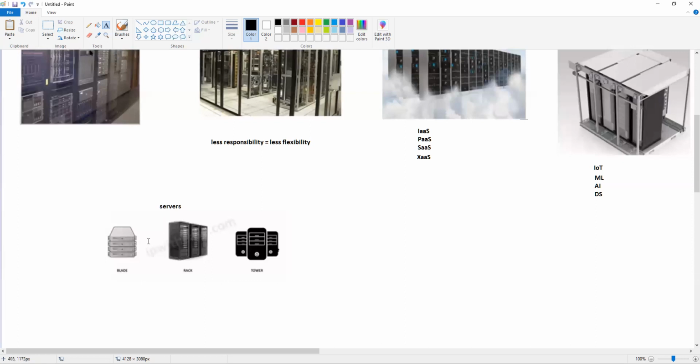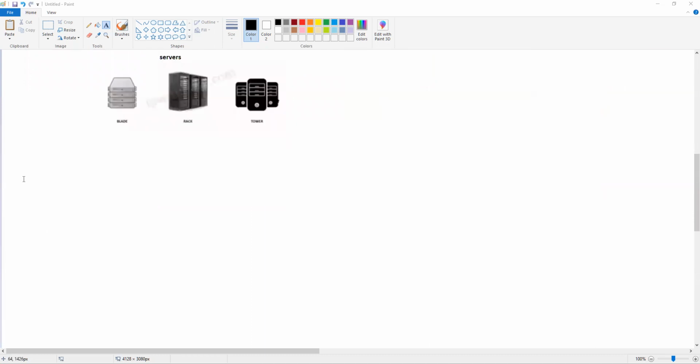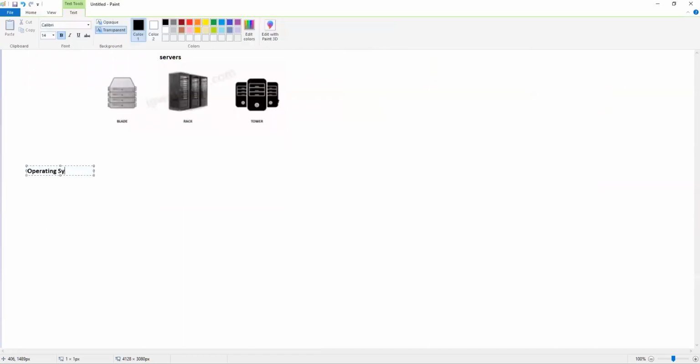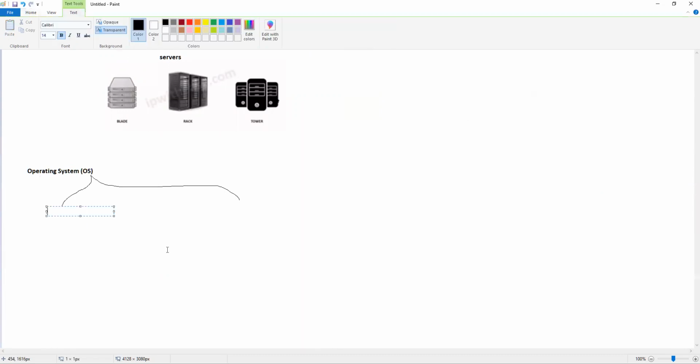Okay, so these are the hardware types within servers, and then there are server software types, which we talked about. Based on what type of application you are running, you can simply call that a server. And when you have the servers, the next thing that you need is the operating system. You simply call them OS. And within operating systems, we have a couple of types: the desktop operating system, and then the server operating system.